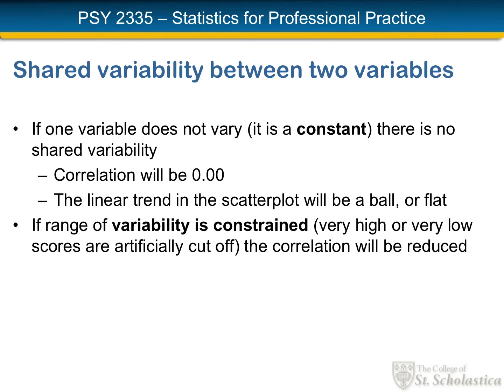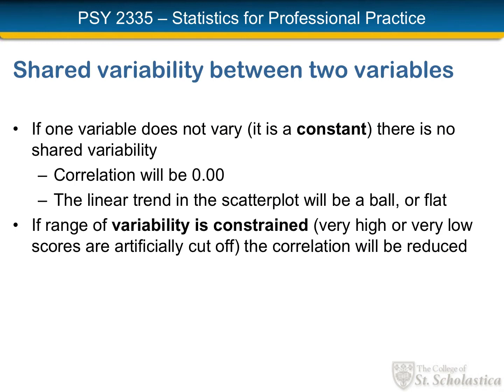So it's looking at how much of the variability in one variable is shared with a second variable. For instance, how much of the variability of your height is shared with your weight. If we're looking at a sample and one variable does not vary, if it's a constant, for instance, if everybody in my study were exactly 6 feet tall, then it cannot co-vary with any other variable, and the correlation will